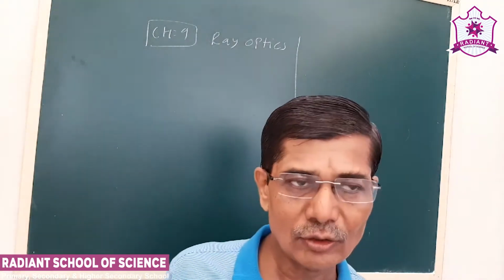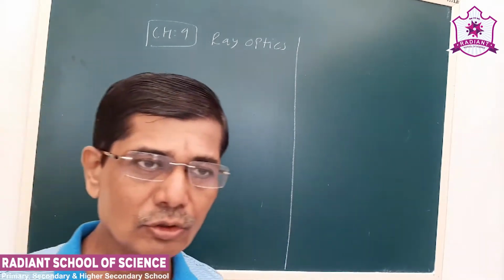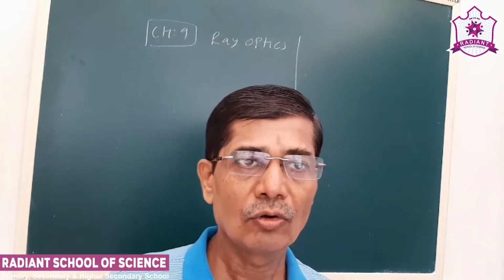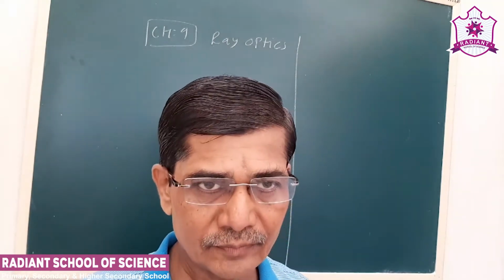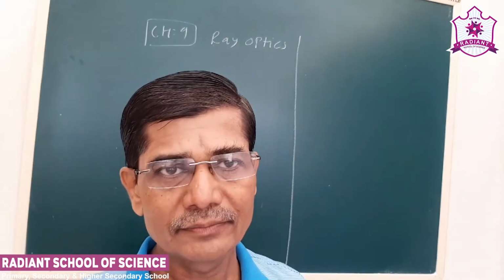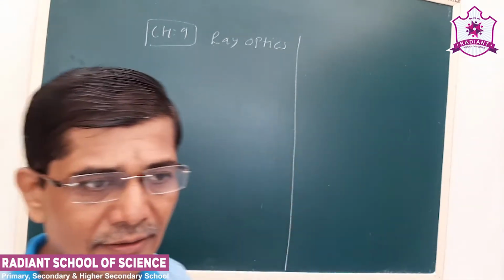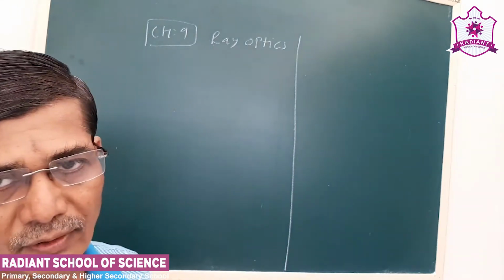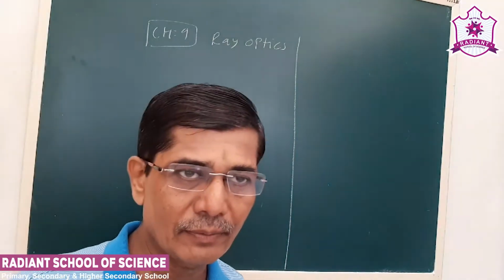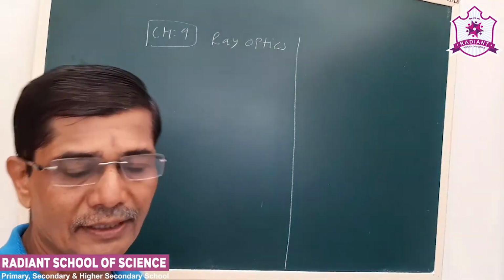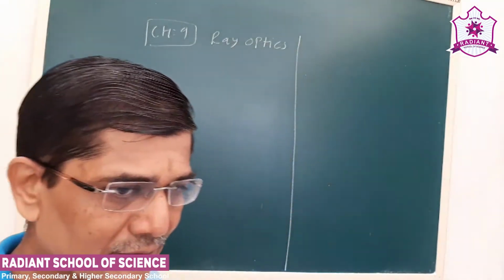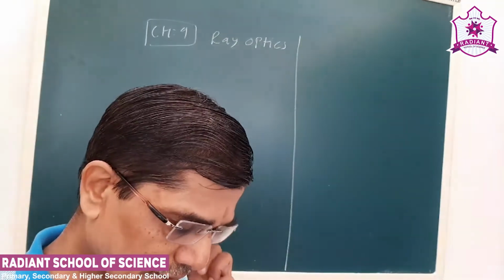Now, as I told you, once you know how to draw a ray diagram, it will be very easy for you to predict the answer in an MCQ or numerical. It depends on the position of the object, at which position the image will be formed. We have talked about two types of mirror, a concave mirror and a convex mirror. As I told earlier, a convex mirror is a diverging mirror, and a concave mirror is a converging mirror.